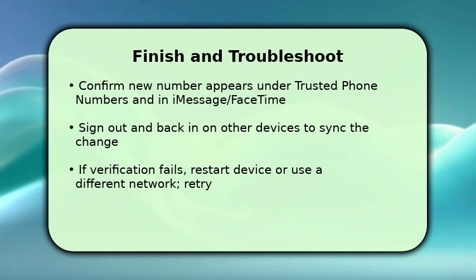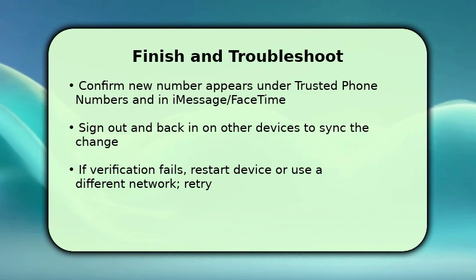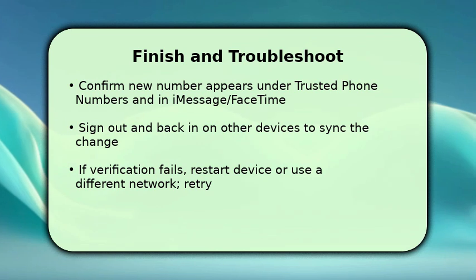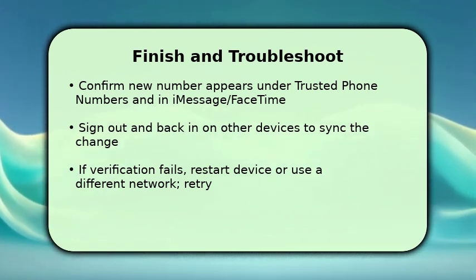If you encounter verification problems, first restart the device and ensure SMS works on the new number. Sometimes switching from Wi-Fi to cellular or using another network helps. If codes still don't arrive, remove and re-add the number after verifying carrier settings, or use Apple ID account recovery